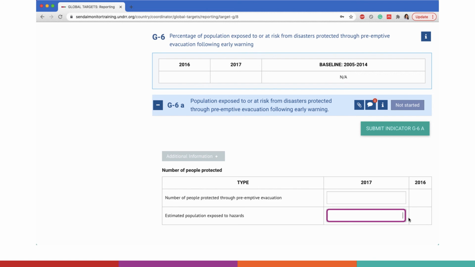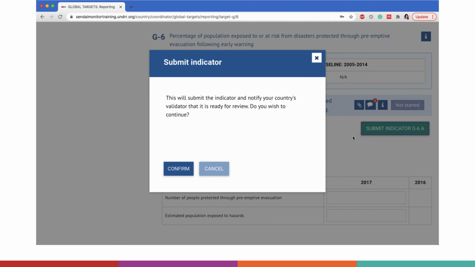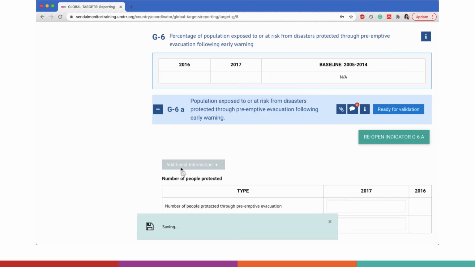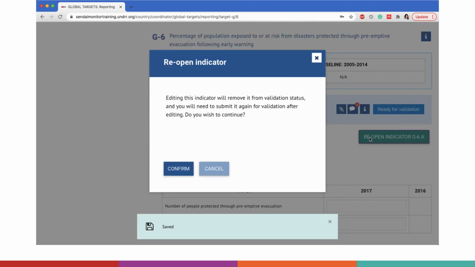If the data of population exposed to hazards is not available, the total population in municipalities, districts, or communities in the affected geographical areas shall be considered as exposed. If you have made mistakes or would like to revise, you can click Reopen the indicator to make any changes and click Submit Indicator again.